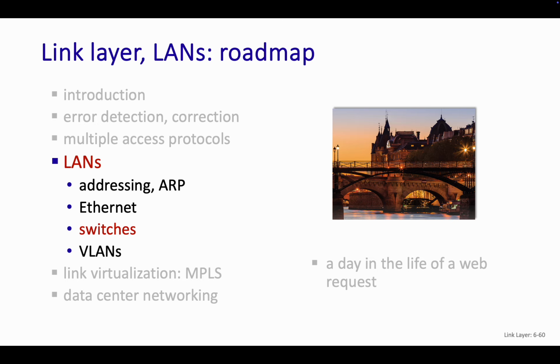Let's go to switches. I think we'll end on that. So in this class, we'll be very specific about a router versus a switch. Those are 2 different devices. A router works on layer 3, on IP addresses. So remember that. Switches work on layer 2, on MAC addresses. There are violations of that. You can buy a switch that does a little bit of IP stuff, or you can buy routers that do a little bit of MAC address stuff, but that's the real world. For this class, we'll just say switches. If I say switch, what should you be thinking? Layer 2, MAC addresses. When I say router, what should you be thinking? IP, layer 3. Okay, good.